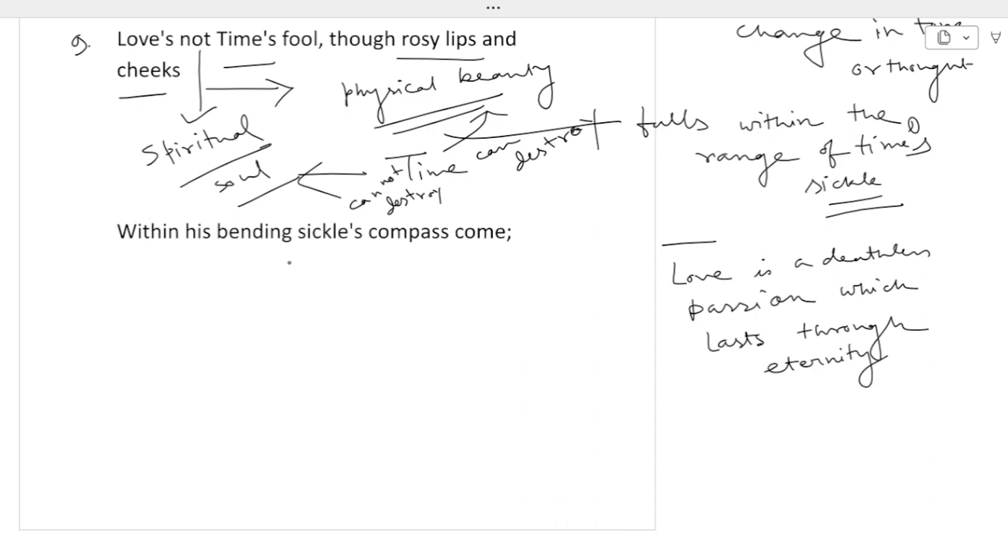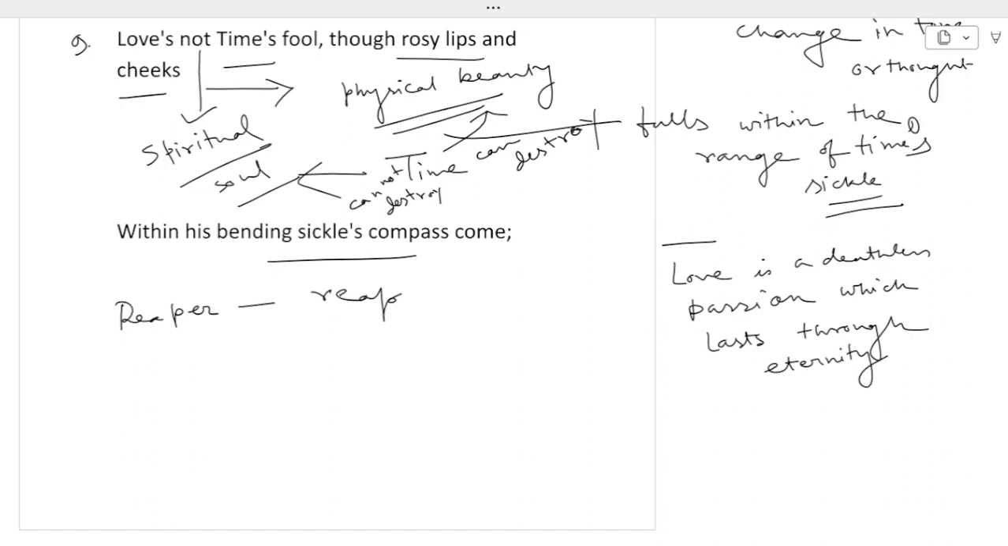Within his bending sickle's compass come. Now here is an image. You can visualize the image. One reaper just bending on his sickle, cutting the copse. We can find the image of a reaper